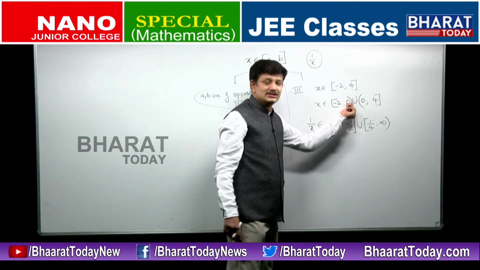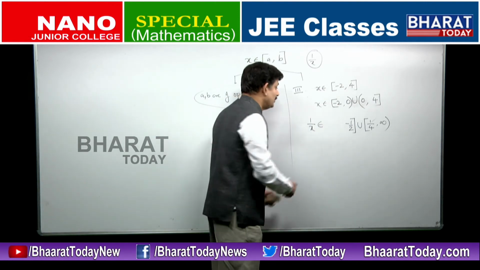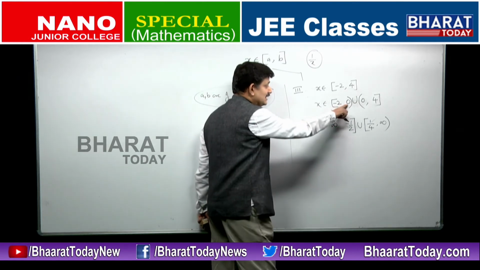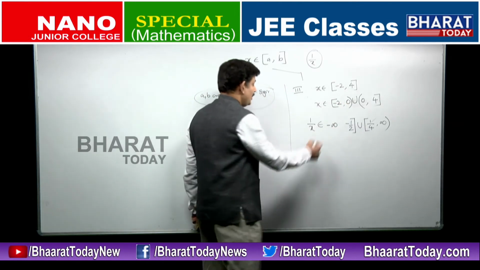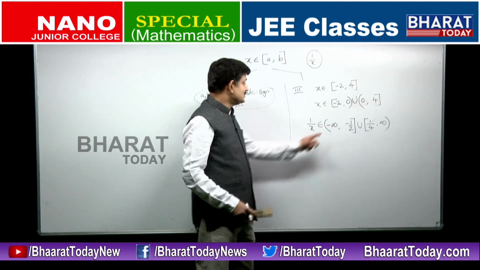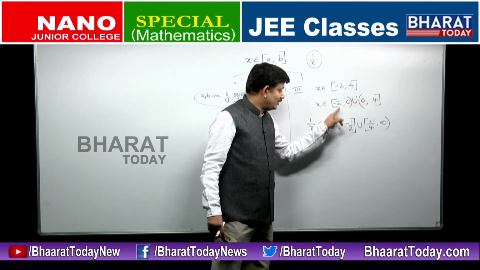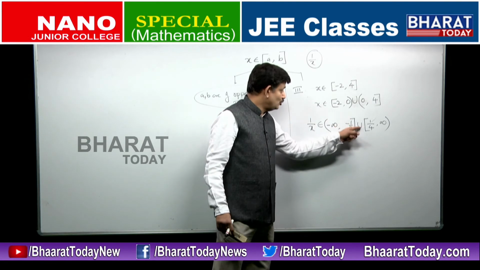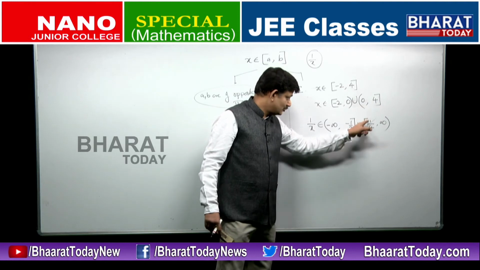So magnitude wise this will be infinity. The reciprocal of a very small number will be very big, and very big, mathematically how do we write? By infinity. And is the sign positive or negative? This is a negative number, so its reciprocal will be negative, so it is minus infinity, and minus infinity will always be an open interval. So 1 by x, where will it lie? Between minus infinity and -1 by 2. Minus infinity is the reciprocal of this small negative number. Minus 1 by 2 is the reciprocal of -2, it is coming here. We are interchanging these two positions. Union as it is. 0 reciprocal is infinity. 4 reciprocal is 1 by 4.